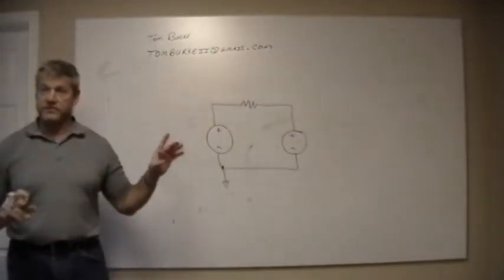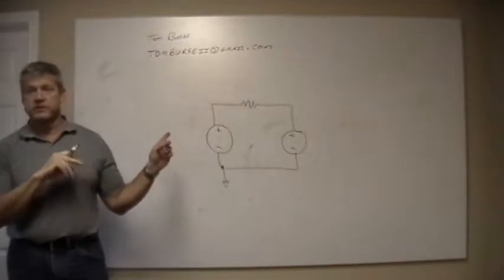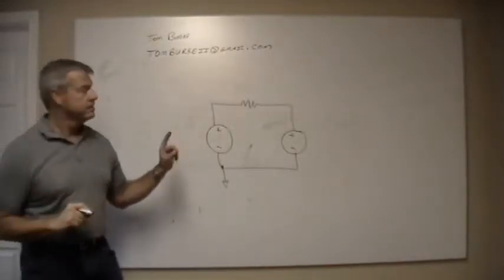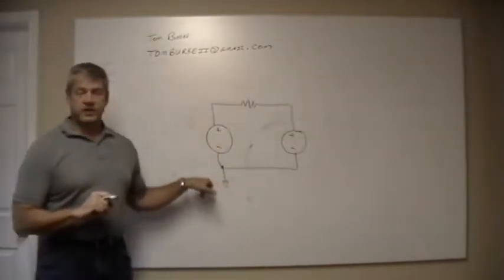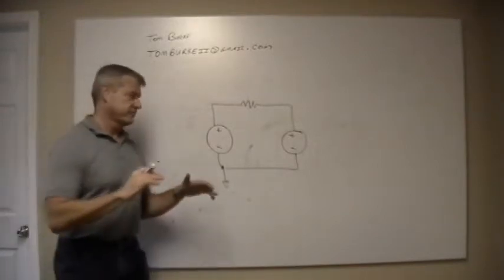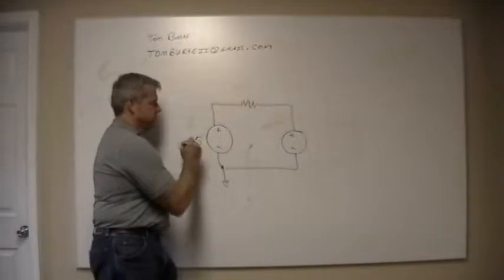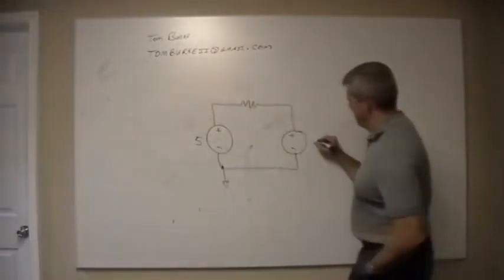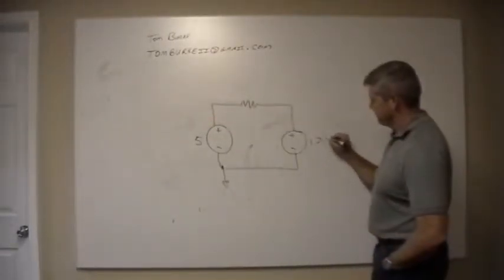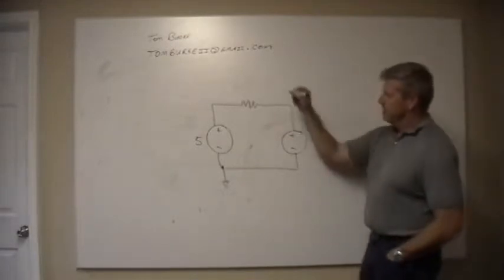Got the same kind of thing. Now this is something that you will sort of do commonly. Ground is also referred to as common, so I have to be careful with my terminology. If I've got a 5-volt source here, and I'll use a 1.2 volt source there,